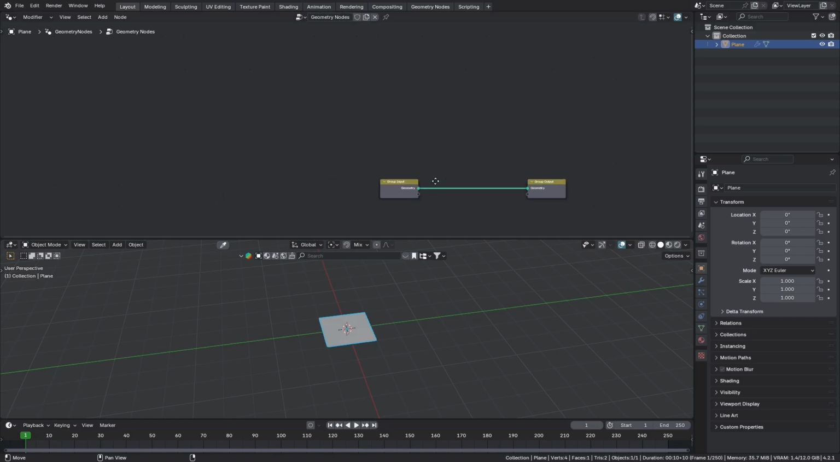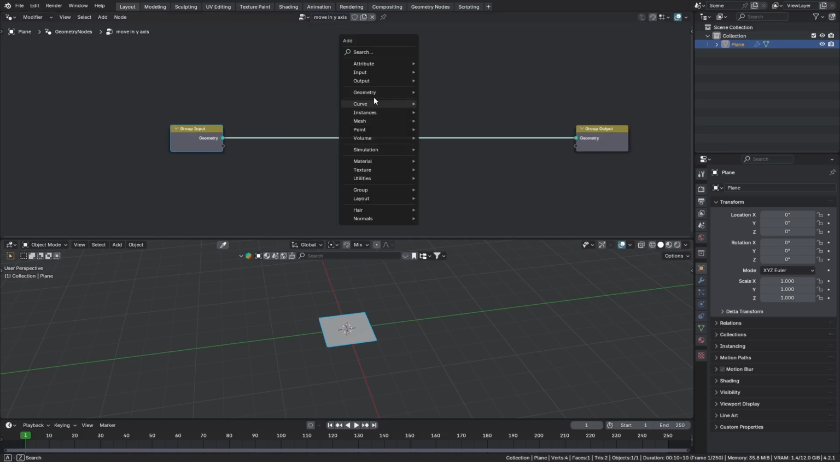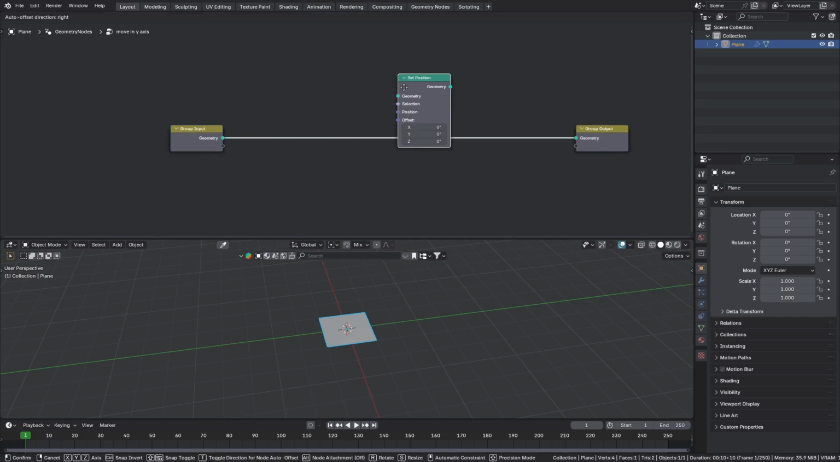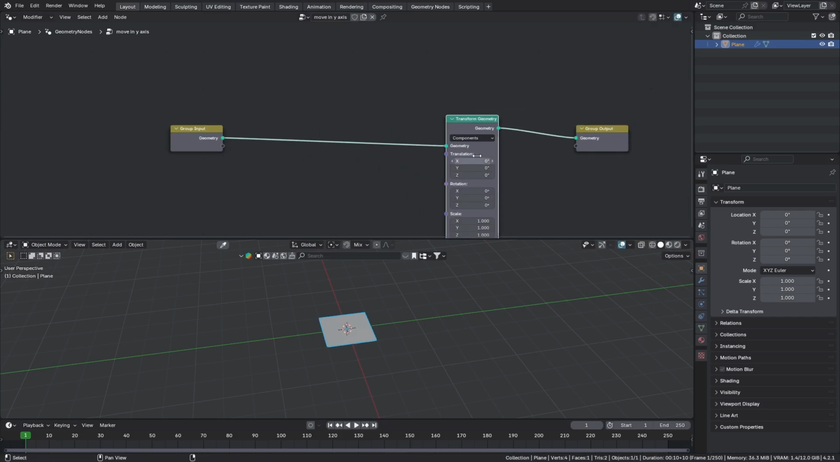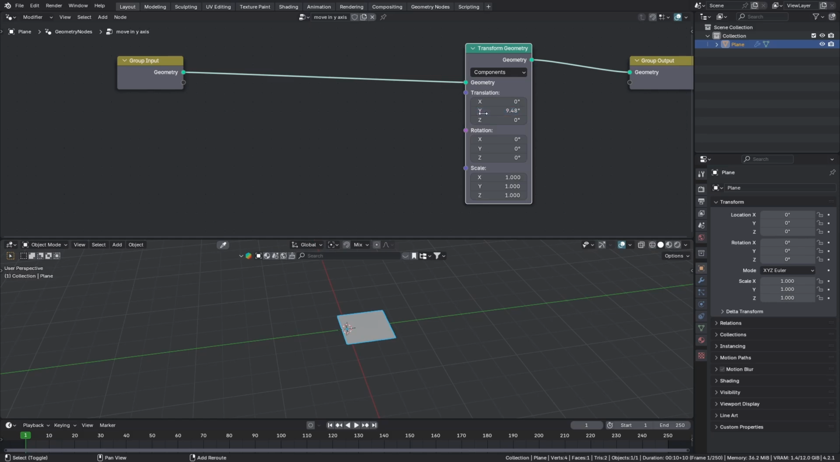So I'll click on new. Let's name this move in y-axis. Okay, we can then use a set position or maybe a transform node, transform geometry, and we can then move in the y-axis. Now what I want is at frame 1 it should stay at 0, so I'll keyframe this, insert keyframes,